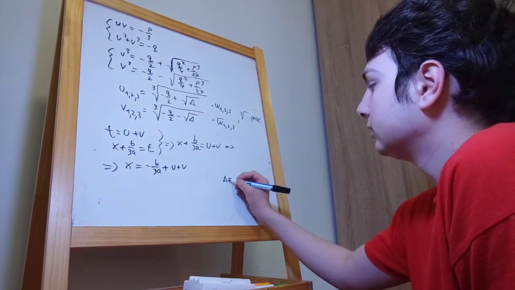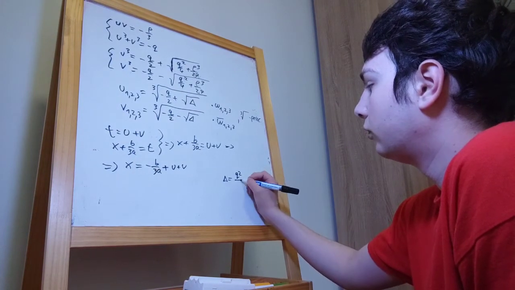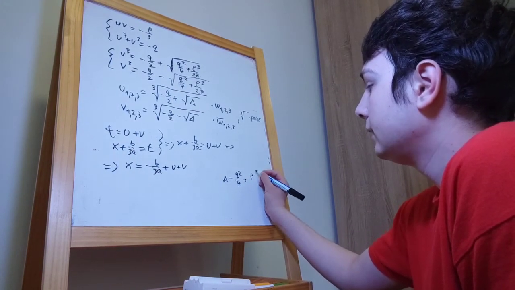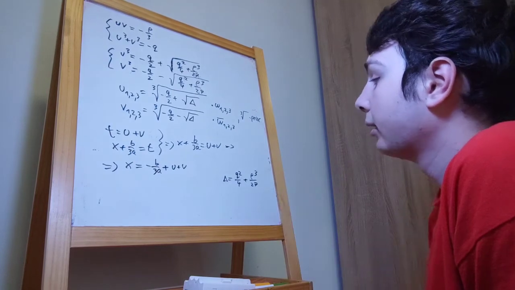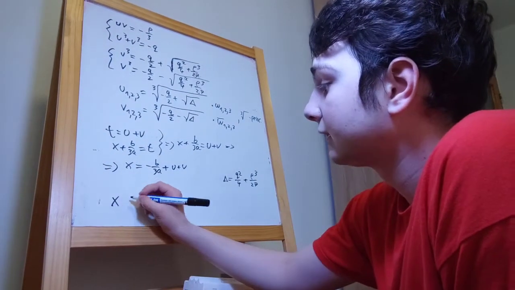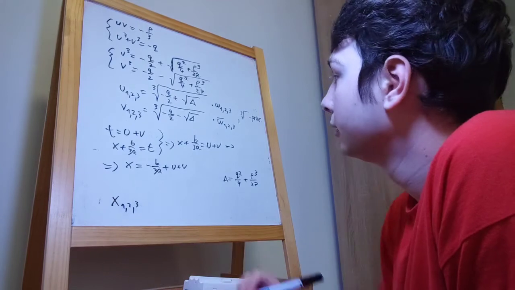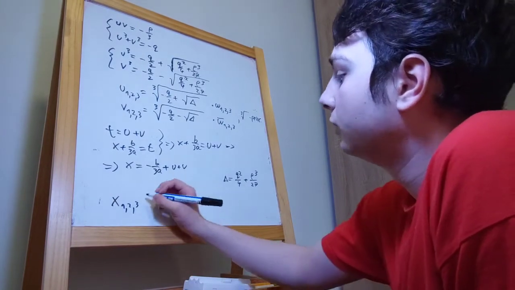Recall that delta is equal to q squared over 4 plus p cubed over 27, and we get x1, 2, 3